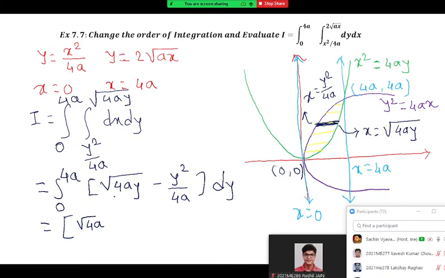Previously you told me the differentiation of root y. Yes, this happens generally. You always confuse the formulas of derivative and integration, mainly in cases like root x or log x. At that time, many students confuse integration and differentiation. So you should be careful there. It is y raised to half, so y raised to 3 by 2 upon 3 by 2, which becomes 2 by 3 into y raised to 3 by 2.